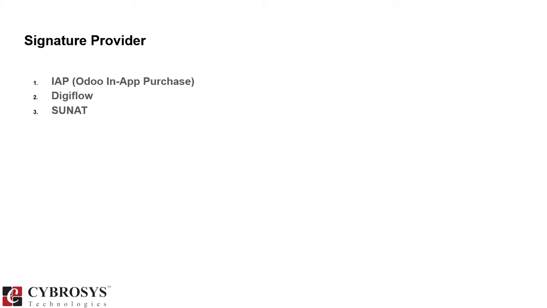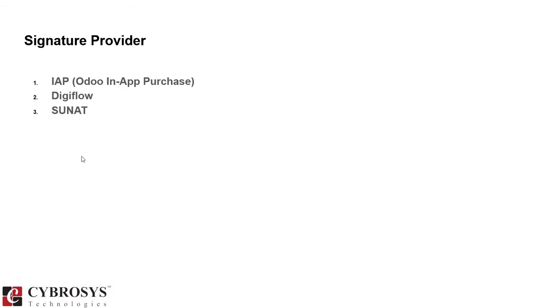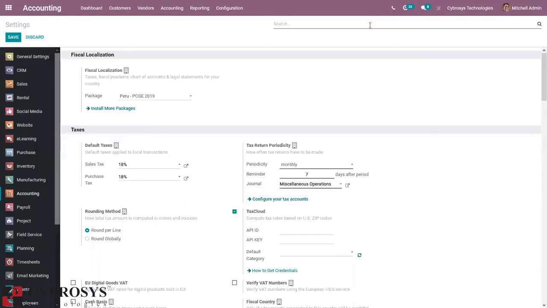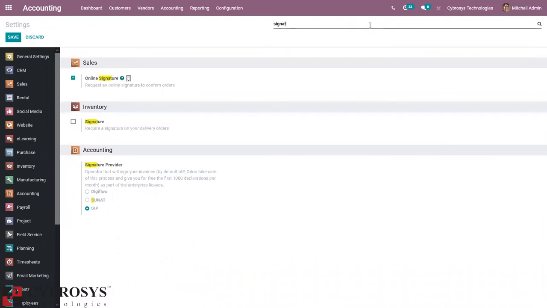There are three options available for signature provider: IAP, DigiFlow, and SUNAT. When you search for signature provider, you can find that option here that will sign your invoices.